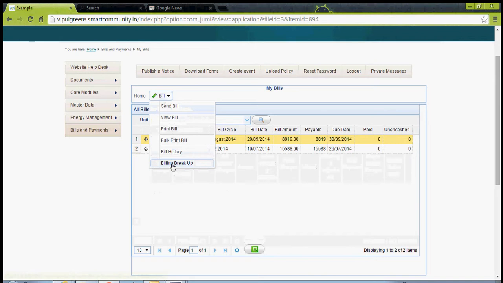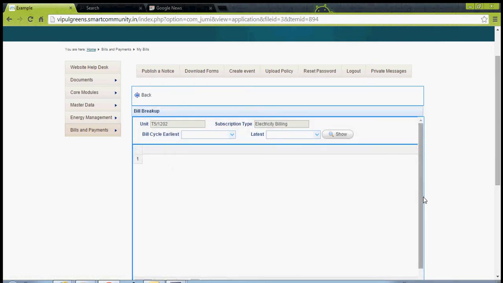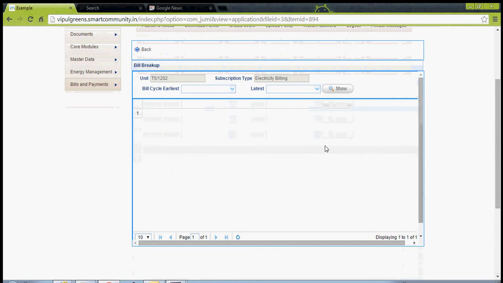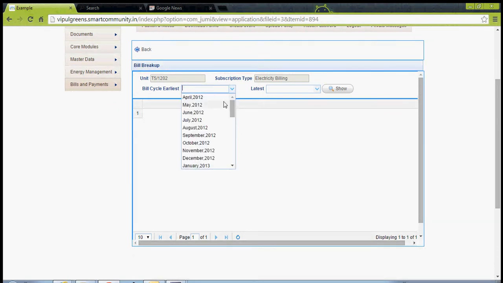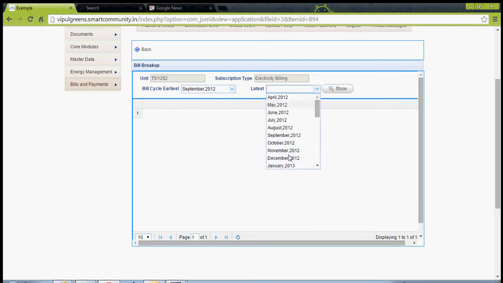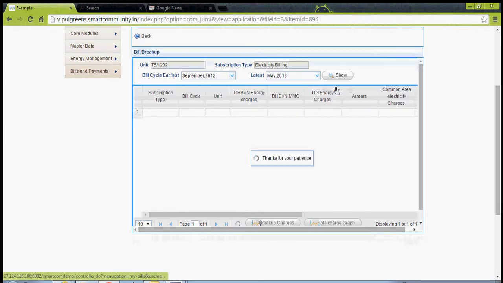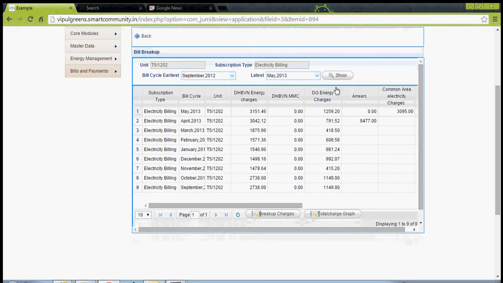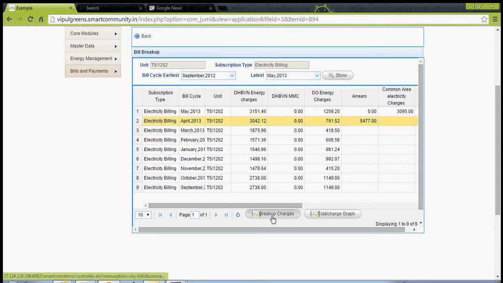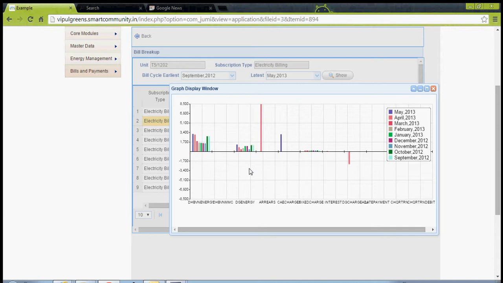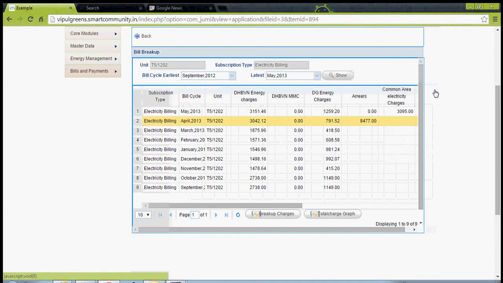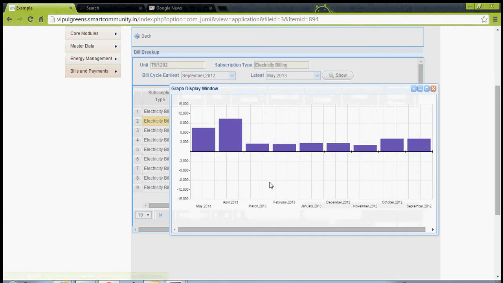And for the billing breakup, one can select the duration for which one wants to see the billing breakup. One can see the graphs related with the breakup of the bill to see the actual trend of how one's charges of a particular bill are changing with time.